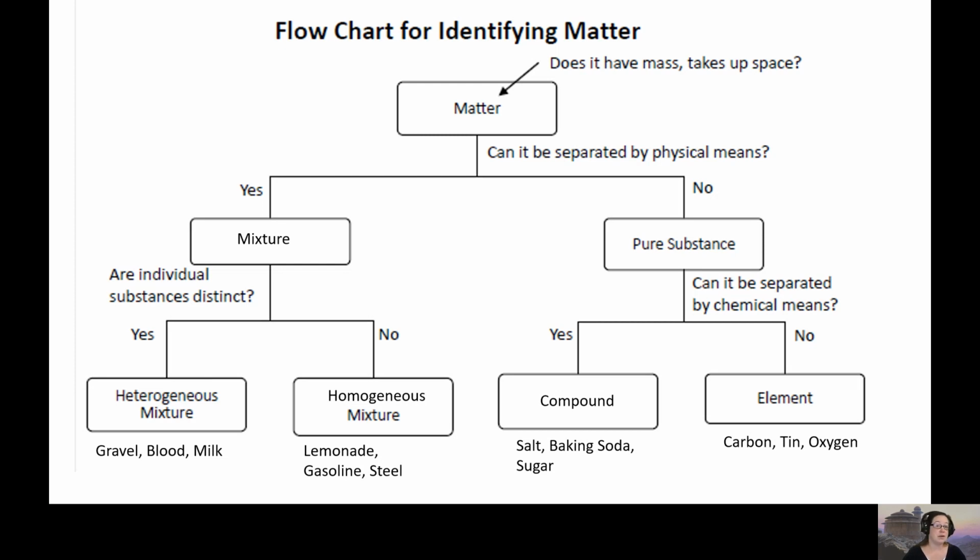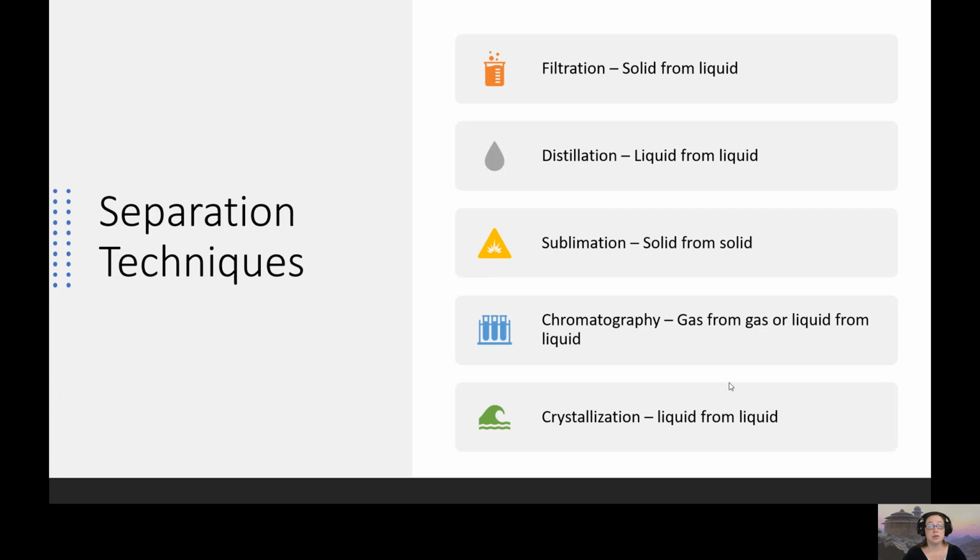Okay. So now we're really quick going to talk about different ways that we use to separate mixtures and pure substances. So we use filtration, mostly to get solids from liquids, distillation to separate different liquids. Sublimation can let us get two solids apart. And so if you think back to phase changes, sublimation is where something goes directly from a solid to a gas. And solids do those at different points. And then maybe one solid doesn't sublimate at all. So that lets you separate two solids in a